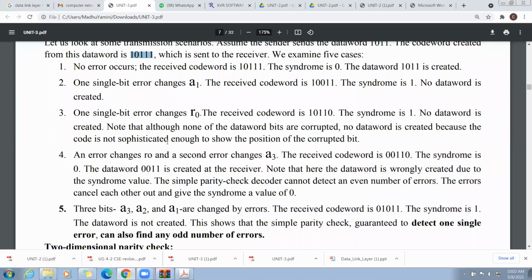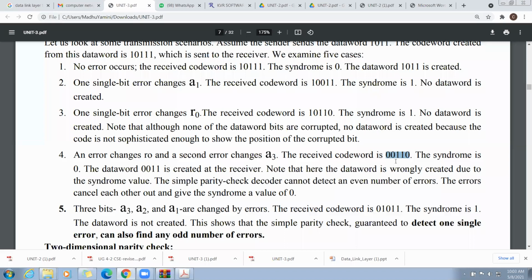Because at the receiver got this code word. The receiver got this code word. In the code word the receiver got received, the number of ones are even. Here, what is the data word he extracted? Last లో ఉన్న R0 తీసేస్తే ఏమైంది? 0011. The data word which he extracted is 0011.